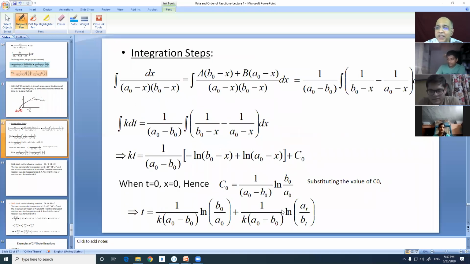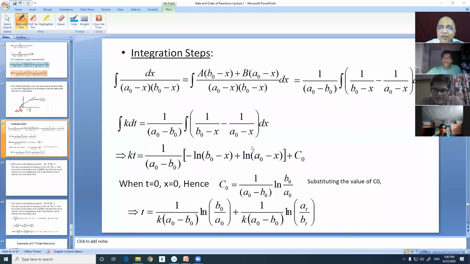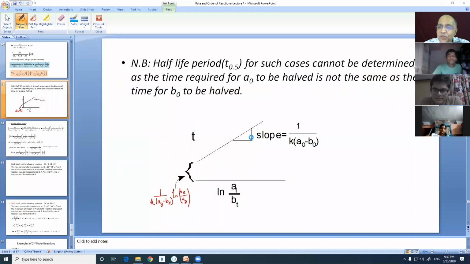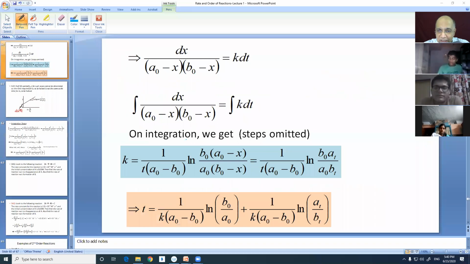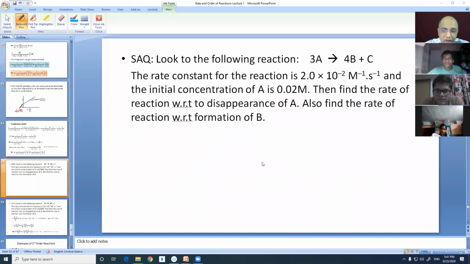Now, for my curiosity, I have done the integration steps. So you do it on your own. Then let us solve a problem on this. I will give you the notes, but don't see that, because those who have already learned integration should do it on their own. How I got it, either by the definite integral method or by finding the integration constant and putting in the values. You find this out and show me. Then you tally whether mine is correct or not.